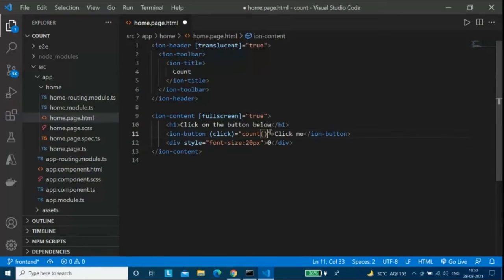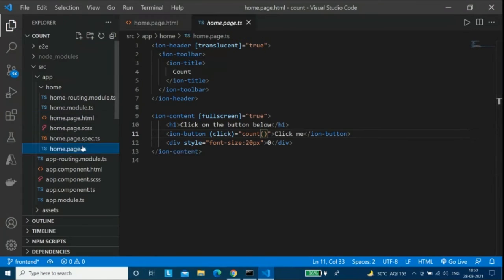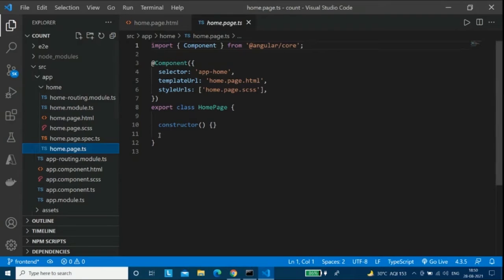Okay, great. So what is happening is that we want to call this function. So the next thing is we have to write this function. What we're going to do is go to the home.page.ts TypeScript file. Right. So this is the home.page.ts TypeScript file, and everything which is written over here is important. We are not going to go deep into what these things do, but for now, we are going to write our function over here, just below the constructor. I'll say count was the name of my function.